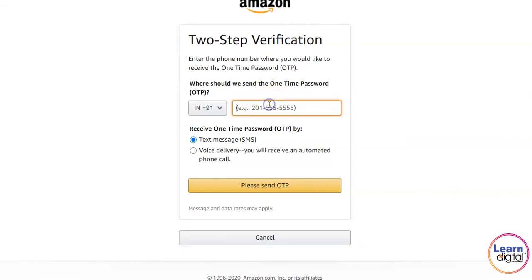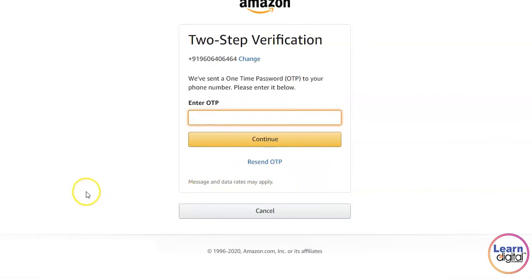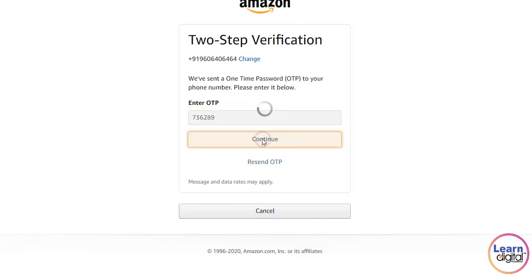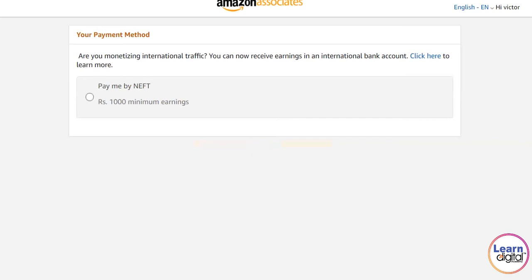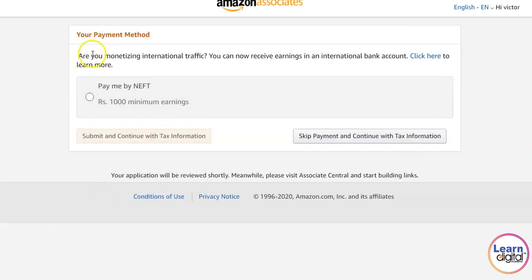You have to give your number. You'll get an OTP, then you need to drop that OTP here. Then click on continue. Are you monetizing international traffic?